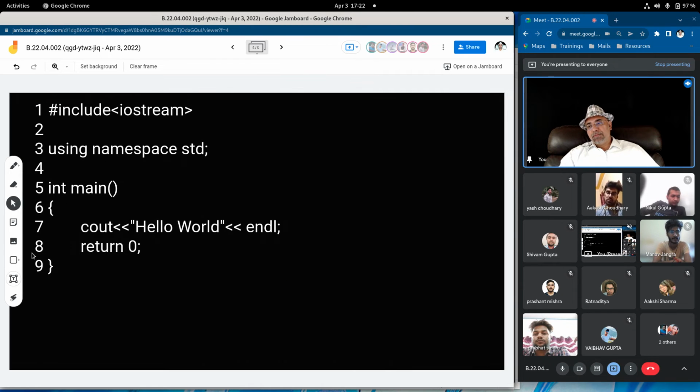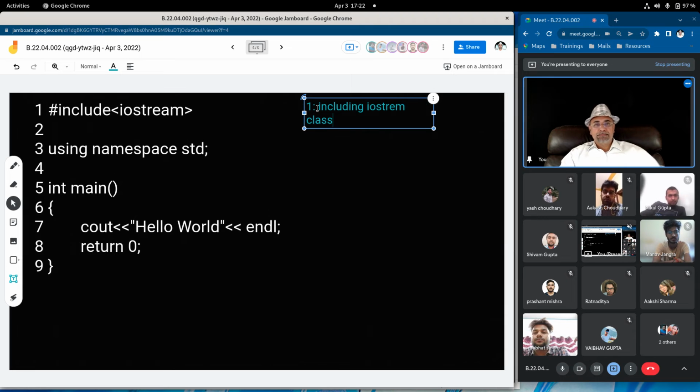So about this line number 1, which is about the header. Line number 1 tells you that we are including the IOStream class, resident in some big file.